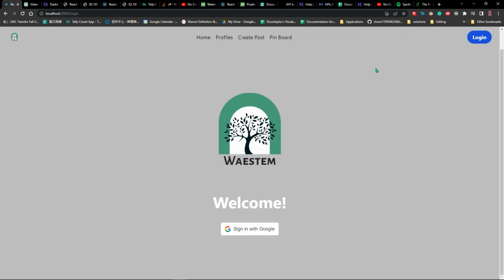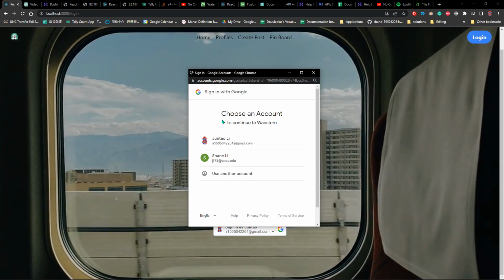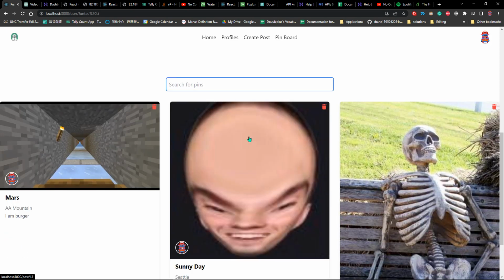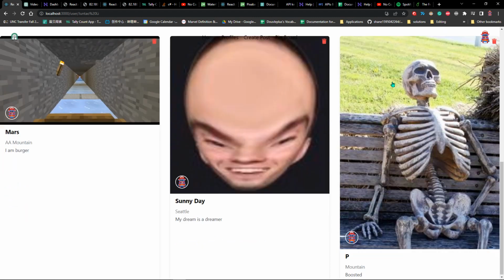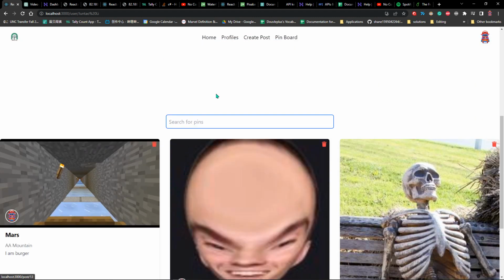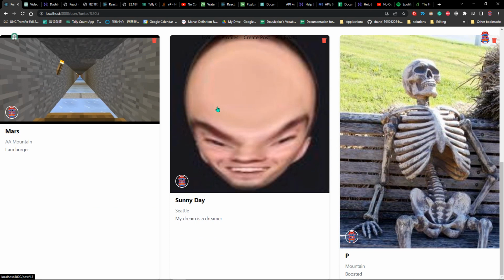So now you can log in here. So this is what's supposed to happen, and you'll be redirected to a user profile page, which will display all of the posts you have created. So technically, now every post has a designated user. If you are a different user and you create a new post, then the post will have your name on it, and you can click on each post to see a better